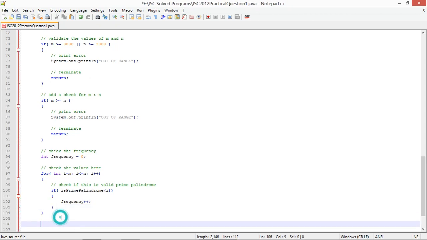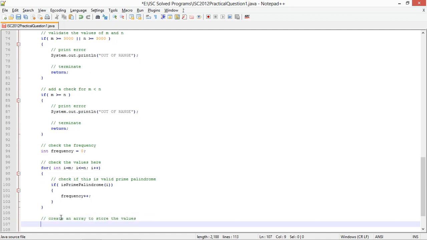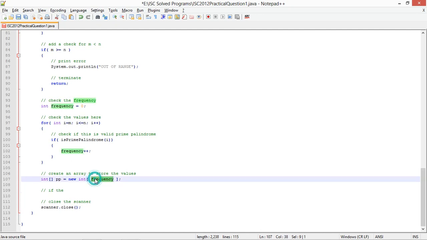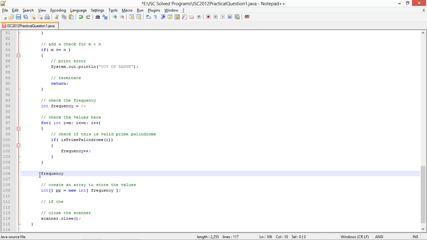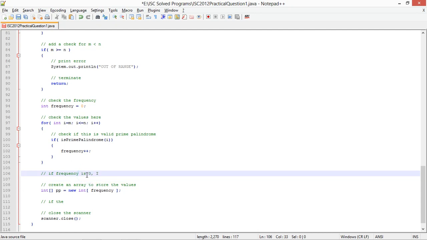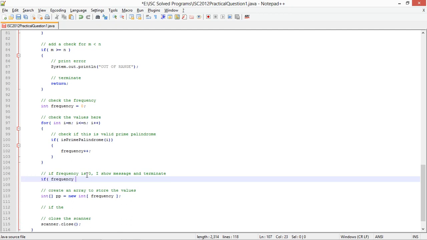Okay, then I create an array to store the values. So int pp is equal to new int of frequency. Then, I do not need the array if the frequency is 0. So if frequency is 0, I show a message and terminate. That is, if frequency is equal to 0,